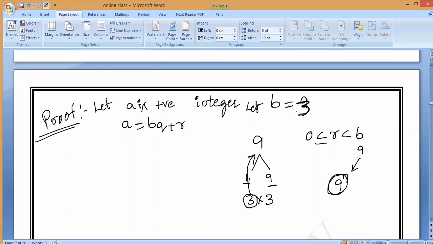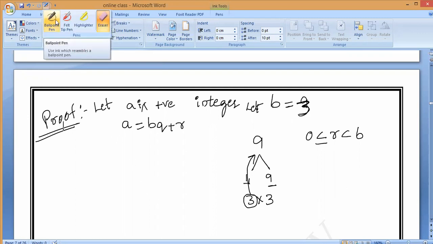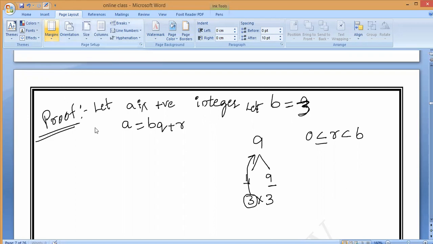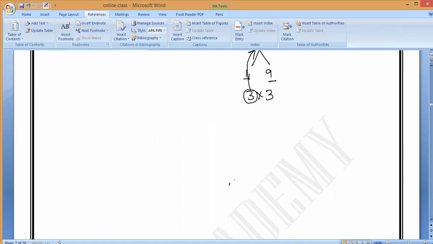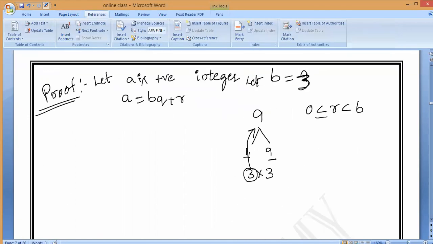Until 9 values, it is very huge and very complicated. Because they are asking what? Cube, correct? So it is a cube, so the a plus b whole cube formula will come. Very big complication. That is why we are taking r value till 3 only. Maximum b value equals 3. So r value, how much will it come? 0, 1 and 2. That's all.